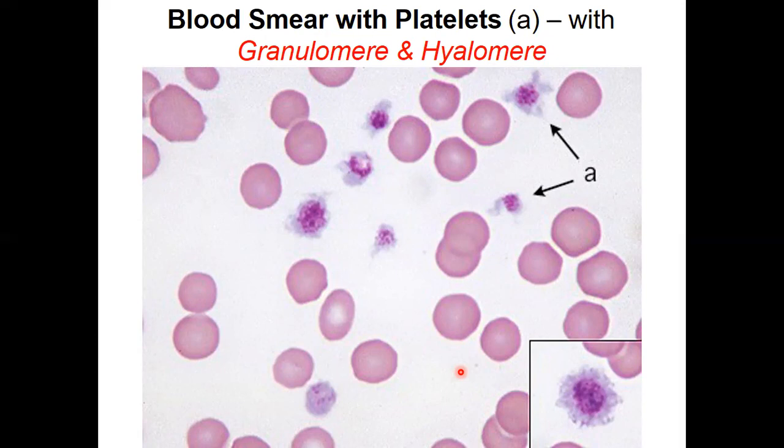So as blood is being smeared on the slide, you find that the platelets are spread evenly throughout the smear because they are very small as compared to the white blood cells. White blood cells are usually pushed to the periphery, whereas red blood cells fill up the whole space because they are the majority of cells in blood. Okay. Apart from that, we're saying that